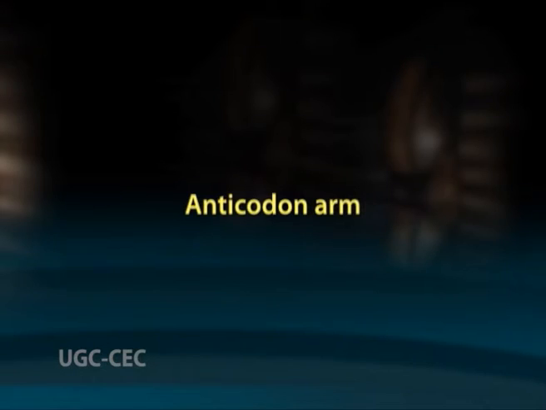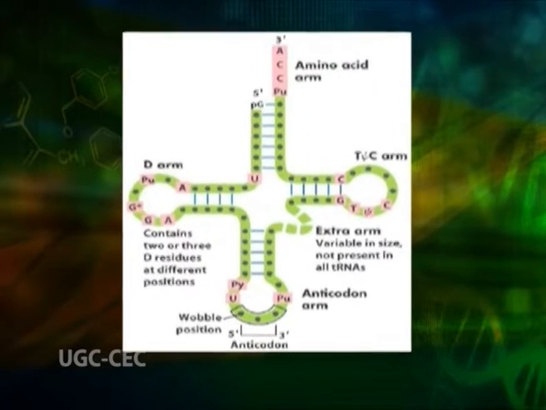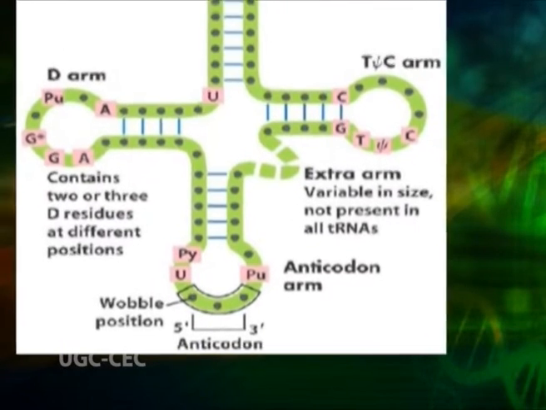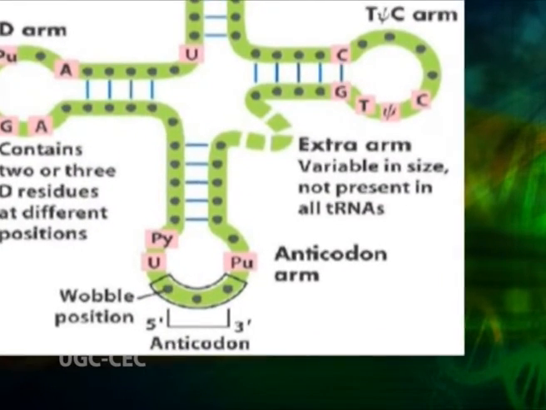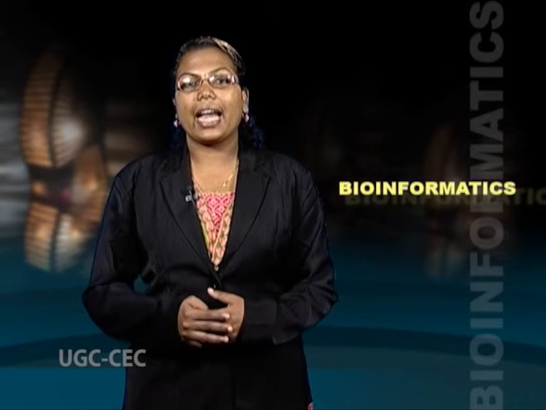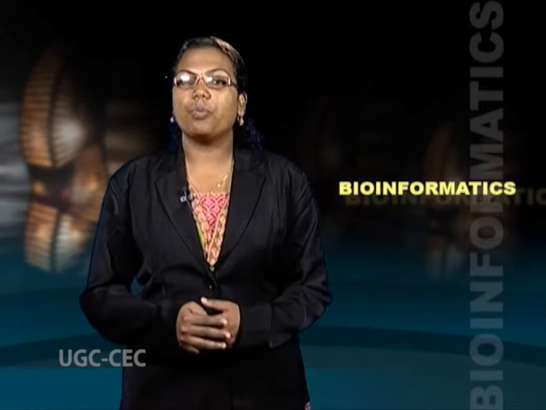The next one is the anticodon arm. The part of the tRNA that participates in this complementary interaction with the codon of the mRNA is a stretch of 3 sequential nucleotides called the anticodon, which is located in the middle loop of the tRNA molecule. See the figure. Anticodon arm consists of 7 bases with the 3 anticodon bases in the middle. The anticodon is always preceded on the 5' side by 2 pyrimidines and followed by a modified purine.